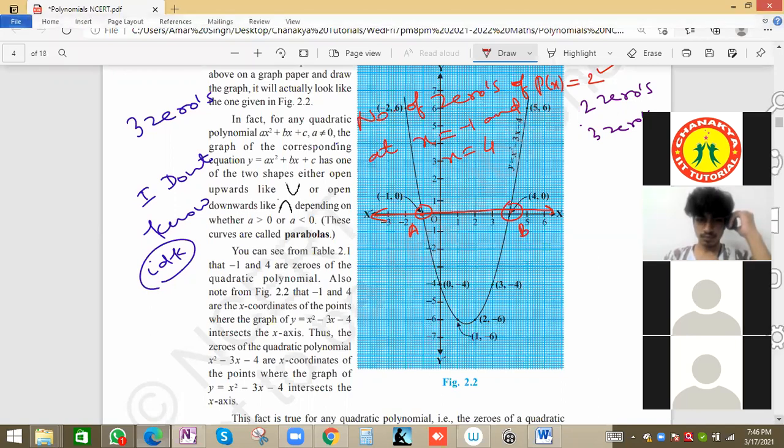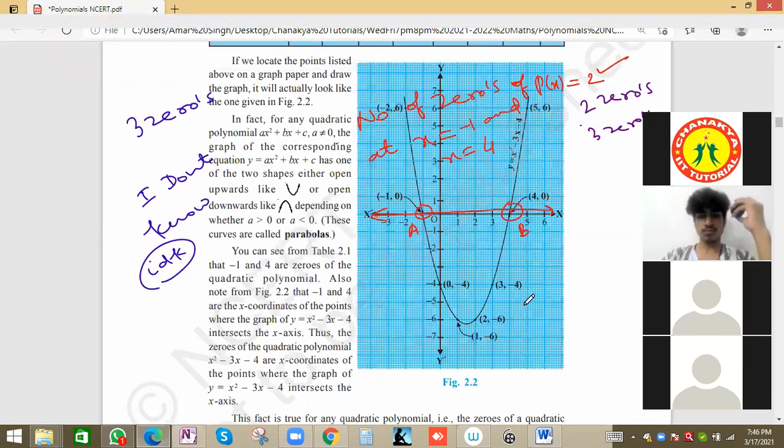Sir, I have a doubt. Yes, please ask. Sir, there are two kinds of parabolas here, one like a u and one like an n. So what do hyperbolas look like? This one is curving up and this one is curving down. These are parabolas. But how do hyperbolas look? Is hyperbola there in the book?